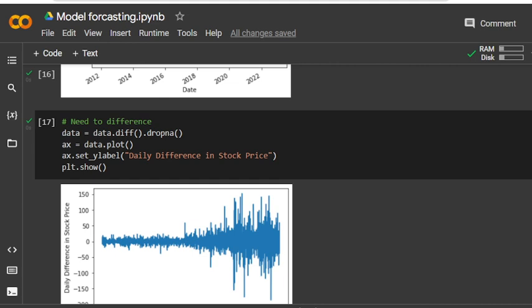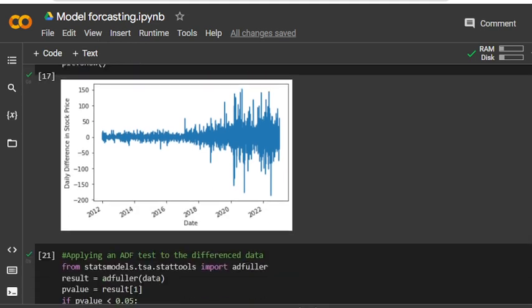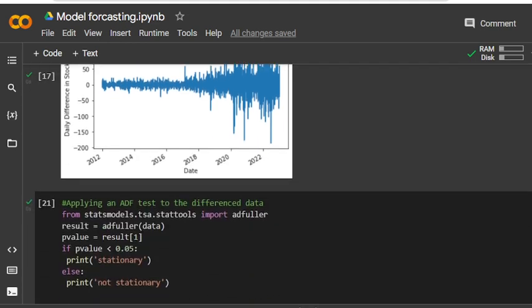And we have plotted, but I am not getting anything just here. Applying the ADF test on the differenced data. From statsmodels.tsa.stattools, I import the Augmented Dickey-Fuller test and get the result, the Dickey-Fuller statistic and p-value.